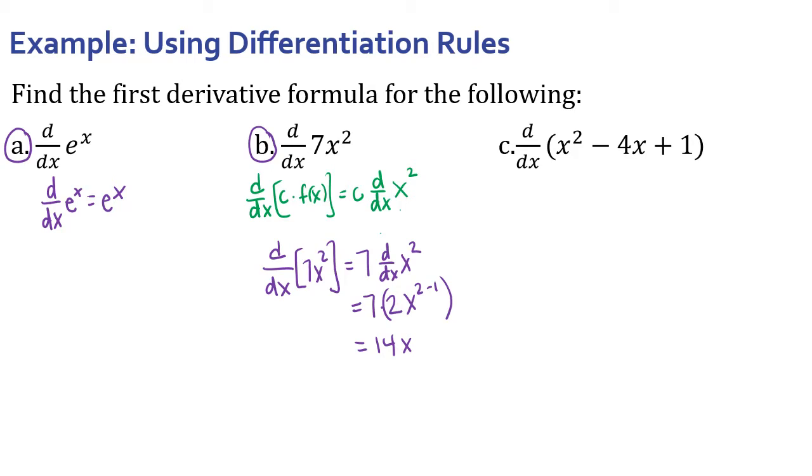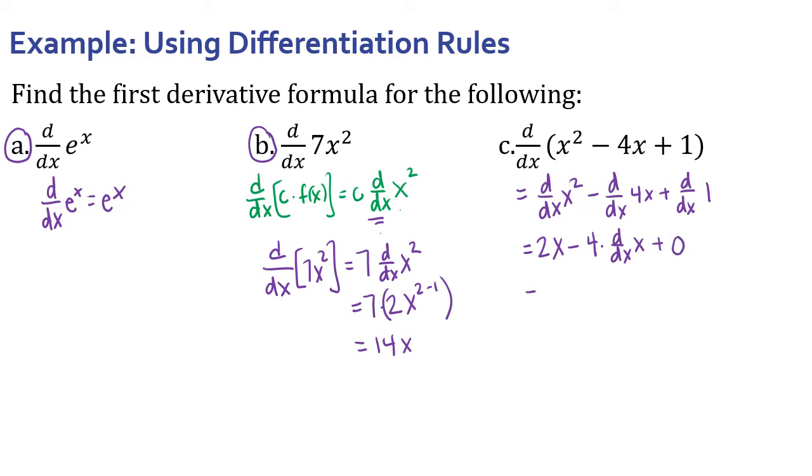So here's where the difference and sum formulas come into play. So what those will tell us is that I can actually take this and just do the derivative of each piece separately. All right, so here, if I'm looking at this first one, this is going to be using that power rule. So the 2 comes down and then we subtract 1 from the exponent. 2 minus 1 is 1. Here I can use this constant rule. So I'm going to move that 4 in front and then I'll find the derivative of x. And then in this case, the derivative of a constant is 0. So that's going to give us 2x minus 4 times